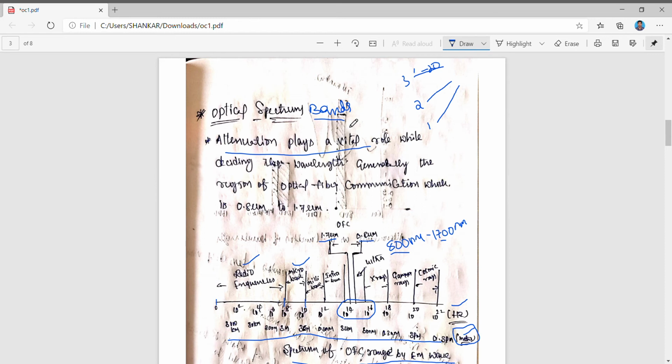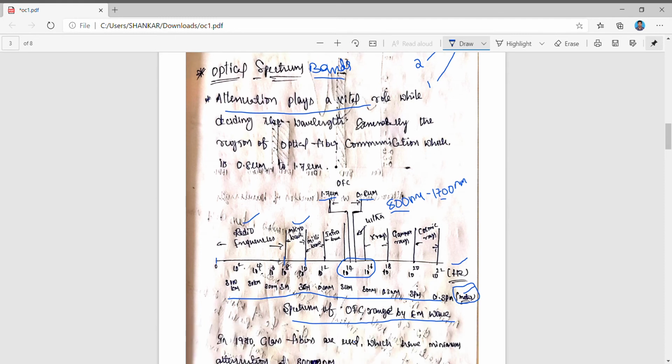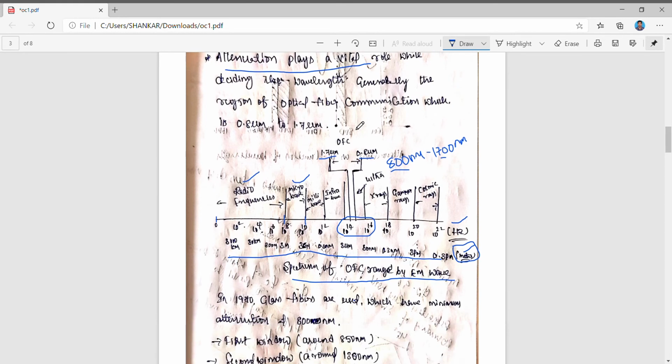So this frequency band we can choose based upon the attenuation losses. In the optical spectrum band we have to choose a particular band of frequencies, the bandwidth at which the signal has very little attenuation and fewer losses. So based upon the signal transmission, we choose different frequency ranges in order to get a lower attenuation level. Now we come to the spectrum of optical fiber cables.